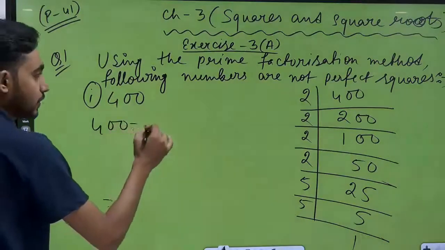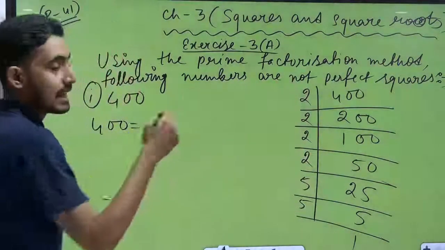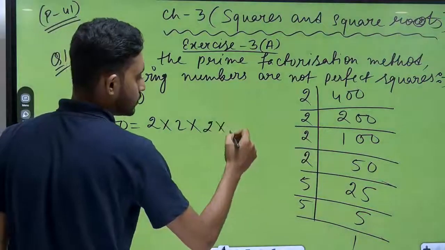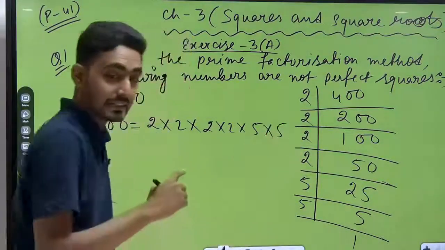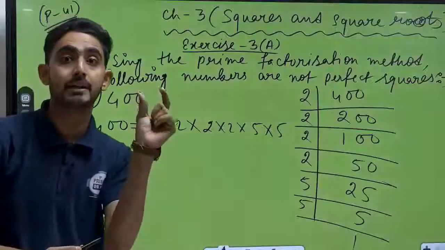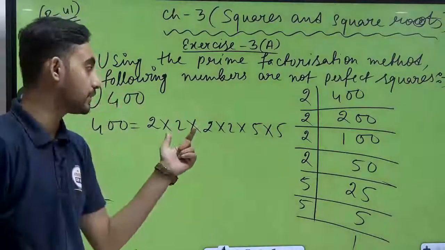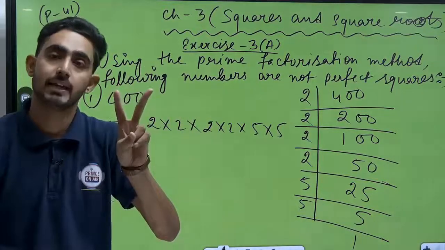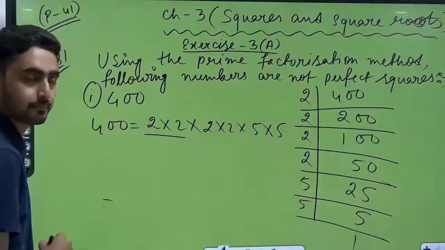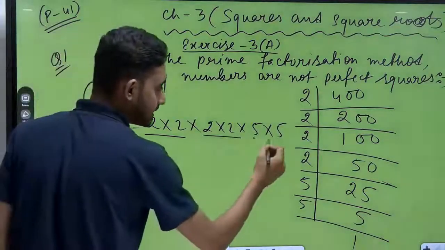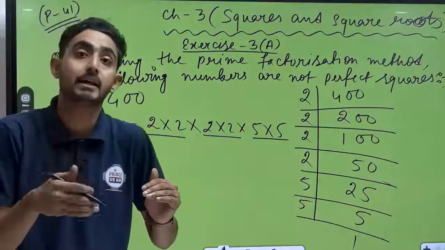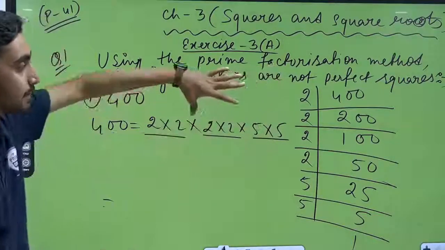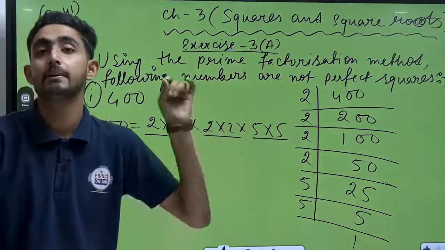400 is equal to, we will write down all these prime factors as a multiplication. How? Like this: 2 into 2 into how many times? 4 times. 2 into 2 and 5 into 5. Then next step, what do we have to do? Make pairs. Okay, like we will make groups. In one pair 2 numbers will be there. First pair, second pair, and this is the third pair. Suppose any number does not form a pair, in that case we can say this is not a perfect square. And suppose it is making perfect pairs, then this is 100% a perfect square number.